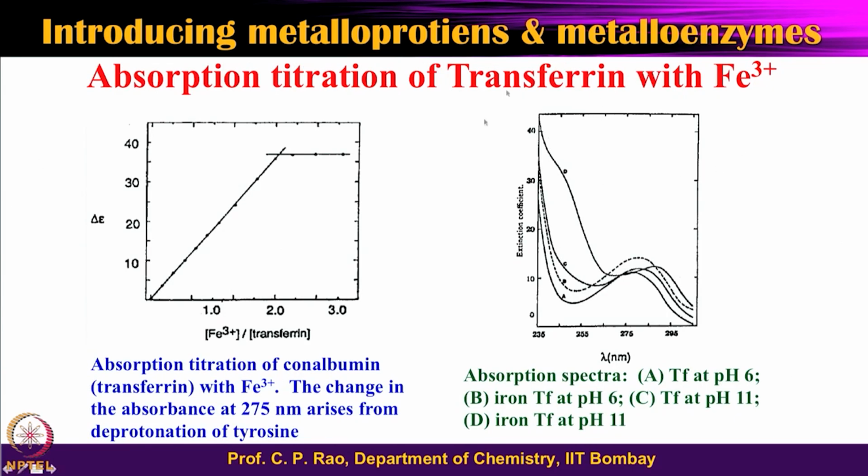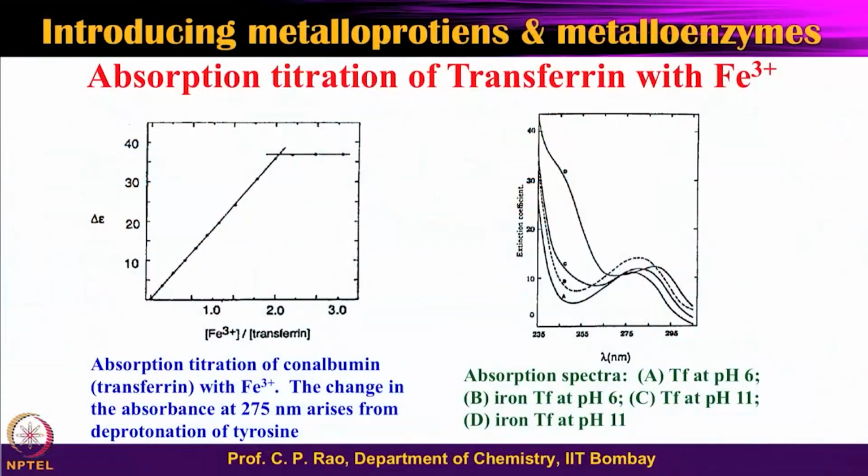Now, as I mentioned, take the apo form of the transferrin and start adding iron to that. You can add iron as iron 2 in the presence of air, or you can add iron 3 also. So, let us take the apoprotein of the transferrin and add iron to that. If you add different mole equivalents of the iron, you see the absorbance at around 275 nanometer slowly increasing and then saturating, and it intersects at this particular